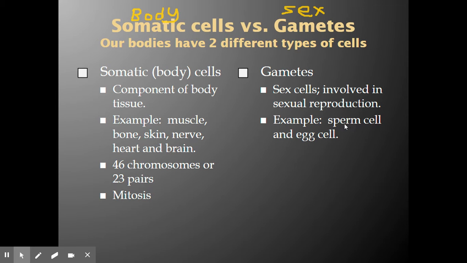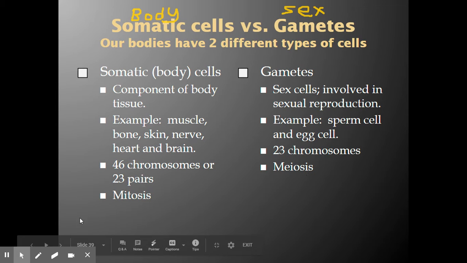Now we see that they're little individual things instead of big tissue things. When they're finished being made, we have a total of 23 chromosomes in them. They are produced via meiosis. Okay,